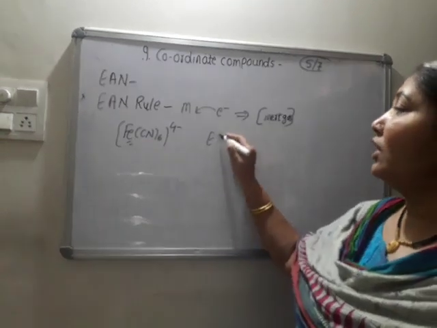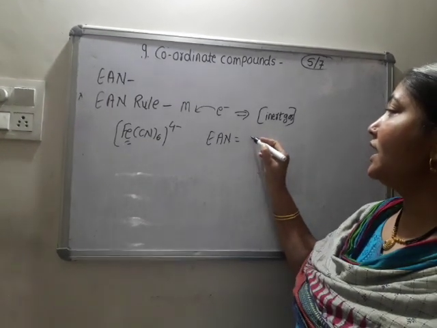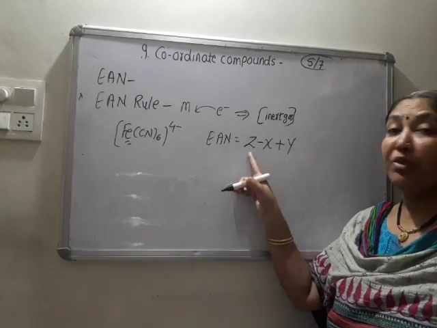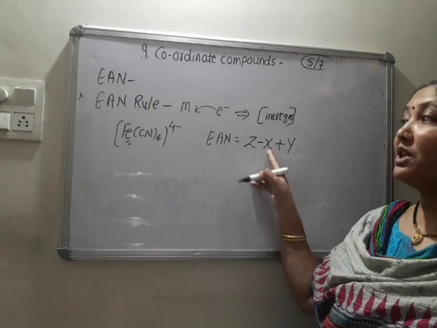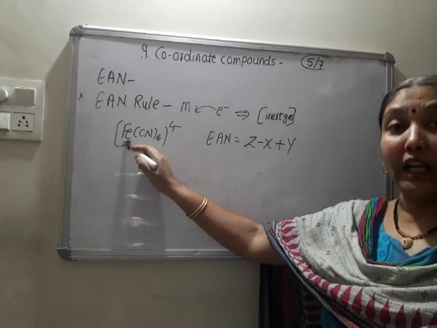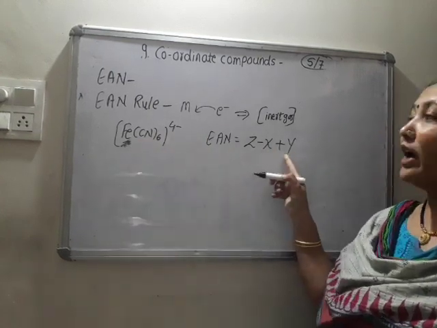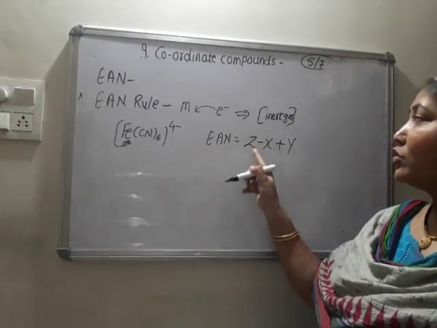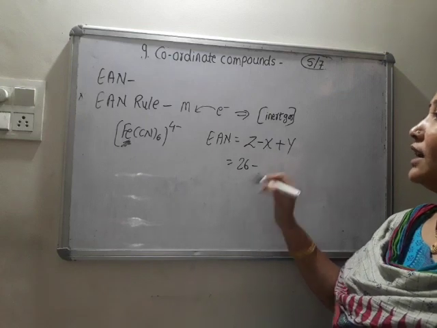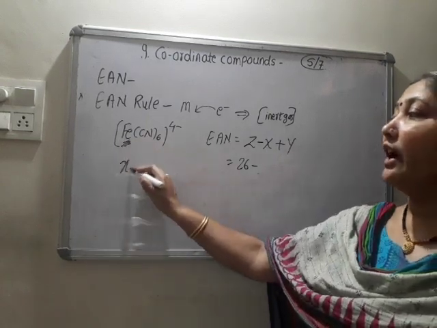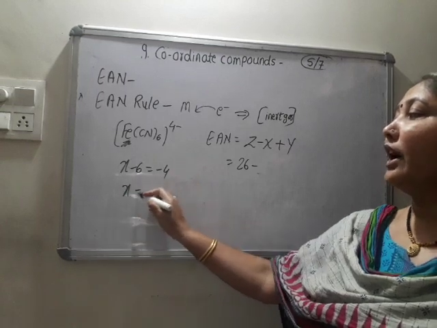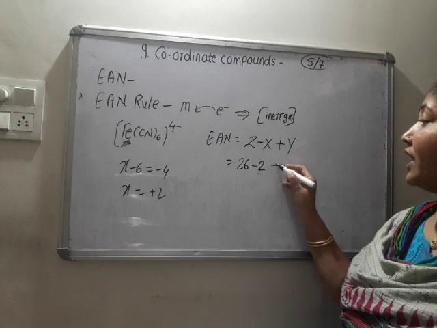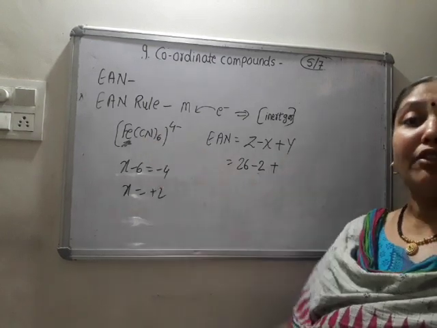So what is the rule? What is the formula? EAN is equal to Z minus X plus Y. You all know the terms. Z means atomic number, X means charge on metal, and Y means number of electrons accepted from ligand. So Z of Fe is 26 minus, what is the charge on Fe? X minus 6 is minus 4, so X is equal to plus 2. So minus that charge, minus 2, plus